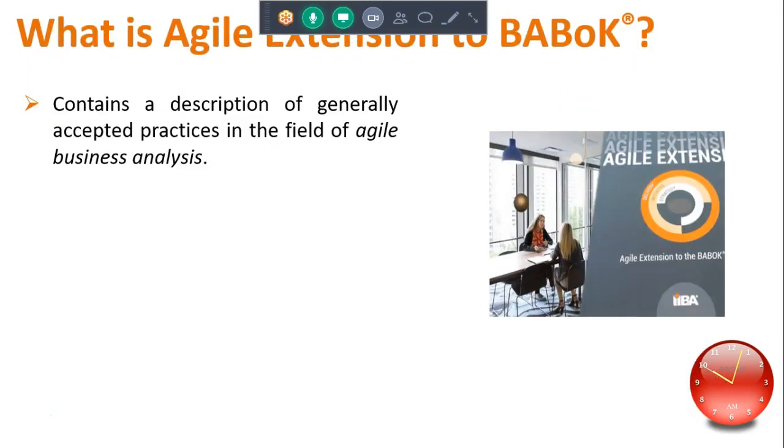The Agile extension, I've mentioned this a little bit. It's not a cookbook methodology for doing Agile. It really is about understanding the basis for Agile business processes, and in particular, agile development processes. It's looking at